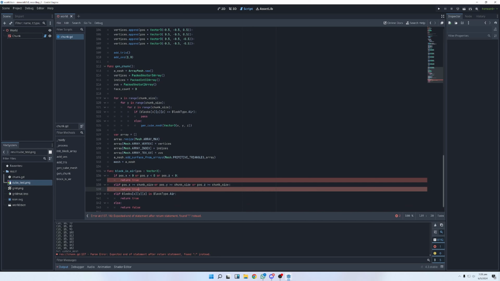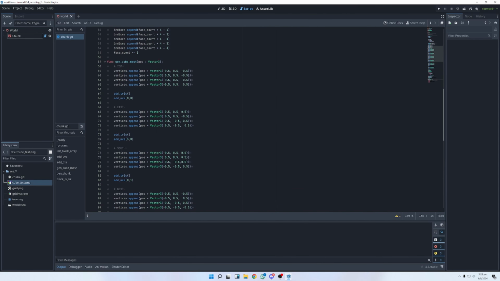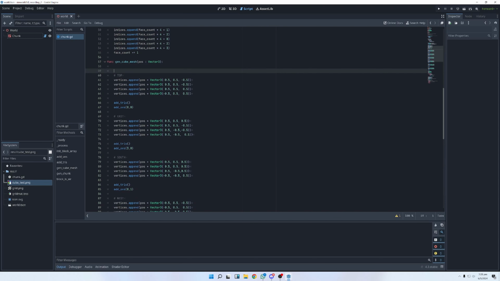Oops. pos.x, pos.y, pos.z. Okay, so now what we do is for each of these faces, we just go if block_is_air